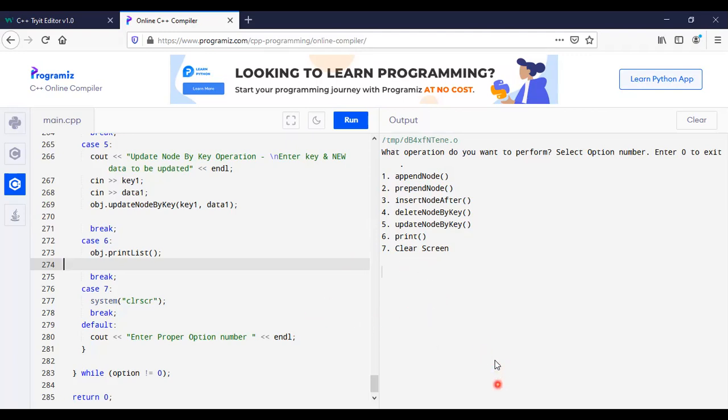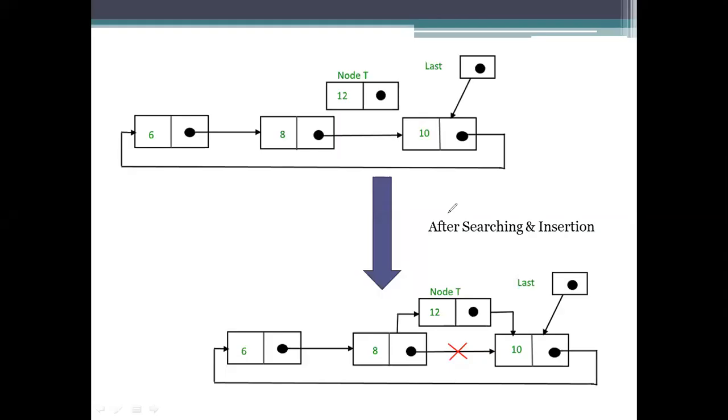Updations can also be performed. Deletion means we need to delete the node here. Updations means we need to change the value of any node. So that's about the circular list and the operations we are using here.